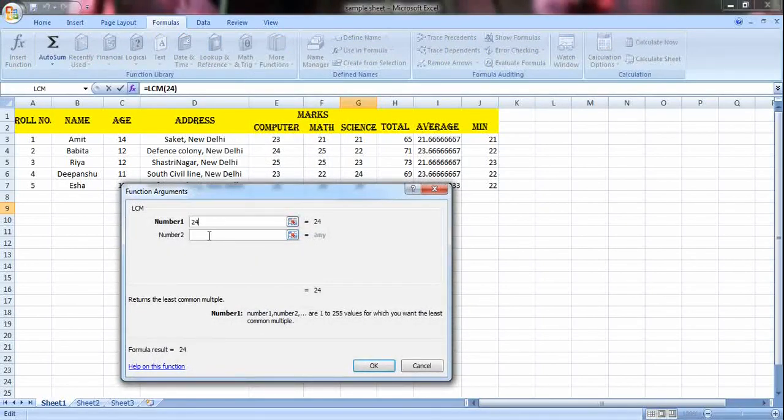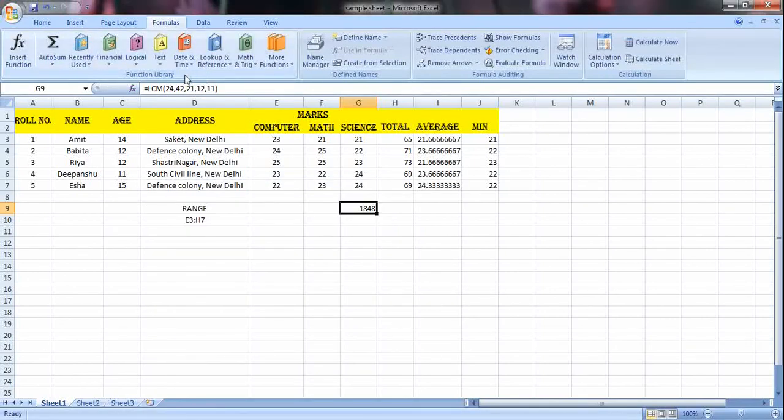So first number is 24, second number is 42, third number is 21. Now if I click here, there you go, automatically the LCM of the number is given here. So LCM of 24, 42 and 21 is 168. Using your formulas tab, you can make use of every function in the Excel sheet.